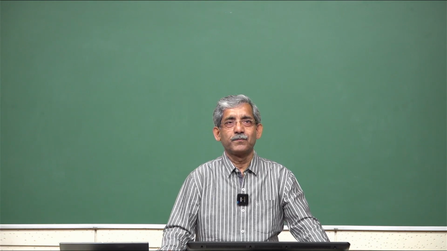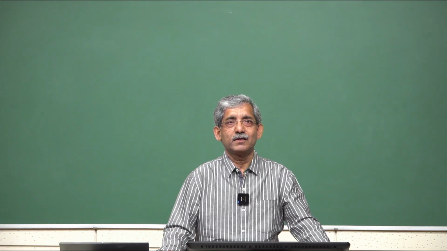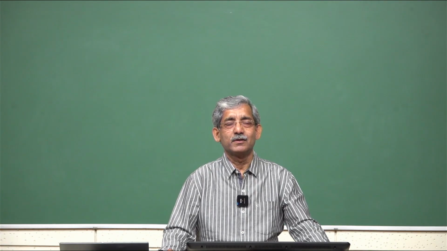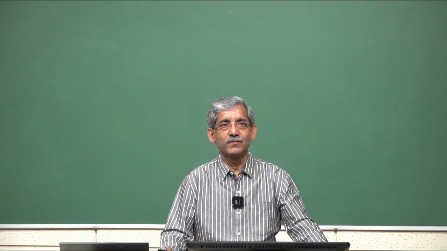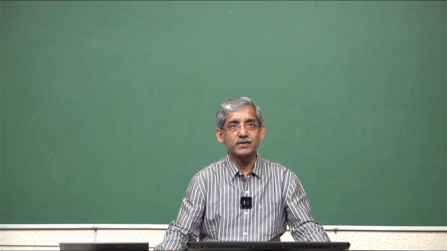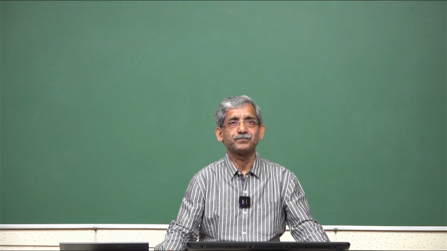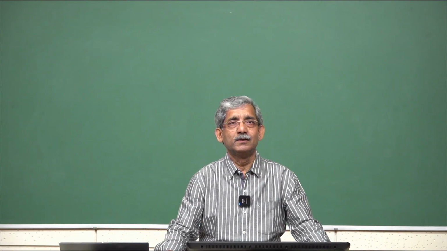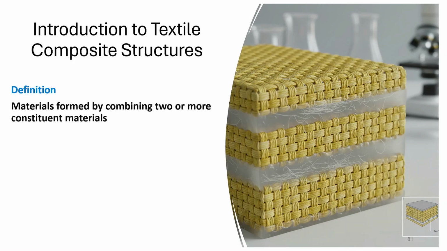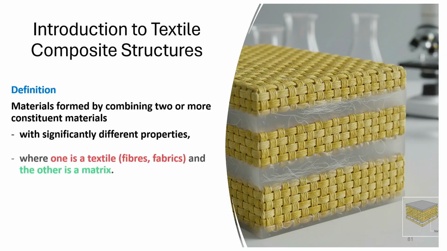Hello everyone. So, we are discussing the ballistic protective textiles. In the last session we were discussing the textile composite as ballistic material. Here we have first defined what composite materials are: by combining two or more constituent materials, one of them will be textile material. This we have already discussed,